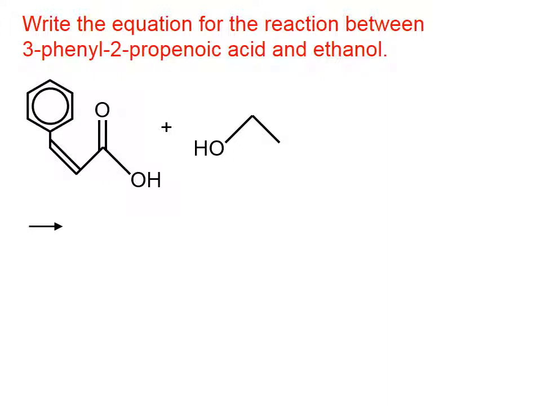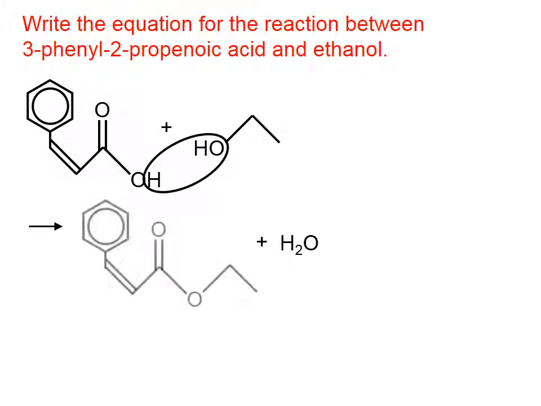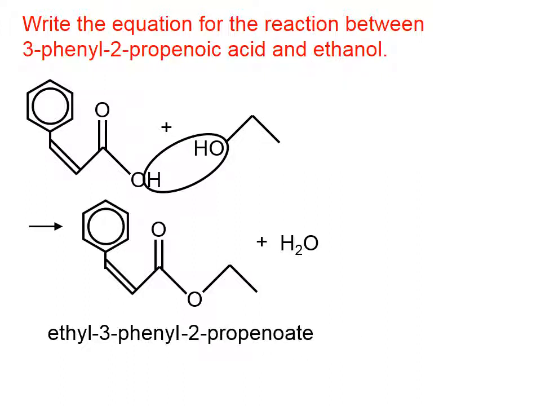Well, that was the tough part of this one, actually, because now we're simply going to make water, and we're going to join up the remaining parts of the molecules so that we have that. If we were to name this, which I wouldn't require my students to know how to name, we would name it like we do all esters, and that is we name the thing hanging off the oxygen first, so that would be an ethyl group, and then we would say 3-phenyl, because we've got a phenyl hanging off of carbon number 3, and then this is going to be called 2-propenoate,